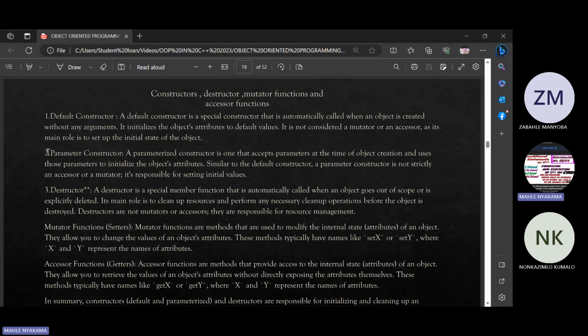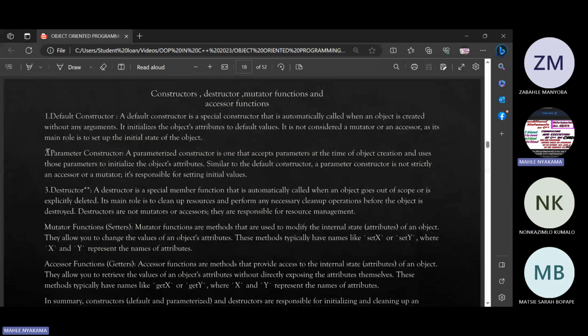Again, we have a parameter constructor. A parameter constructor is the one that accepts parameters at the time of object creation and is used to initialize object attributes similar to a default one. A parameter constructor is not strictly an accessor or a mutator. It's responsible for setting initial values. So even the parameter constructor is responsible for setting up the initial values of